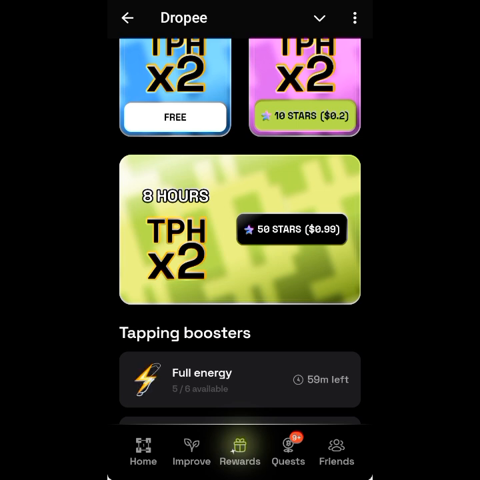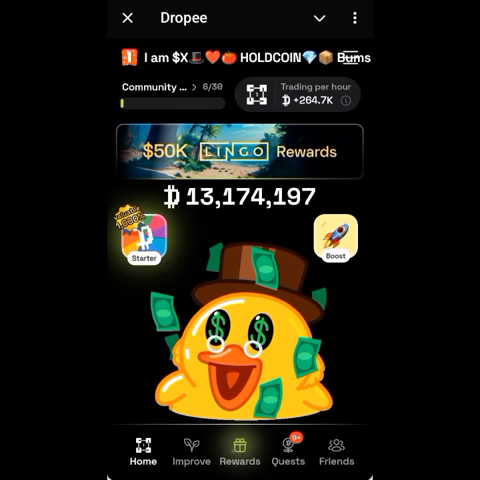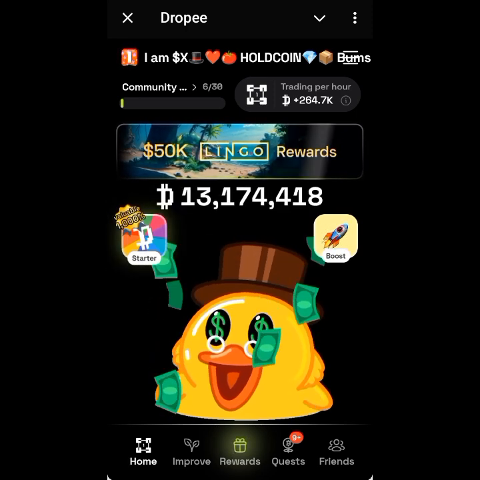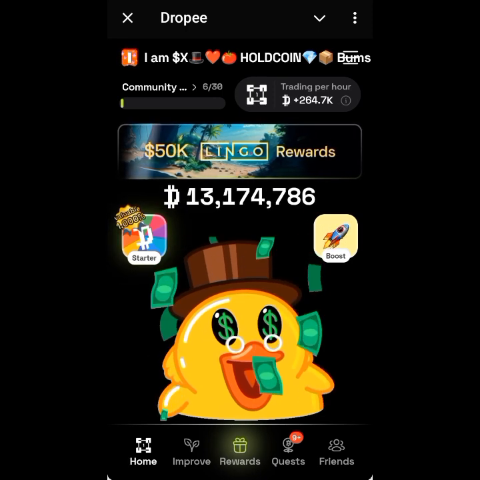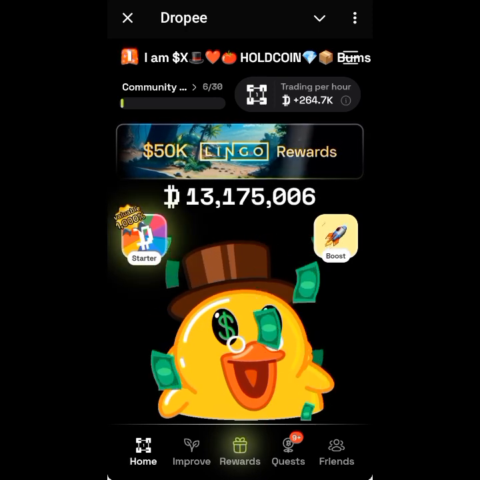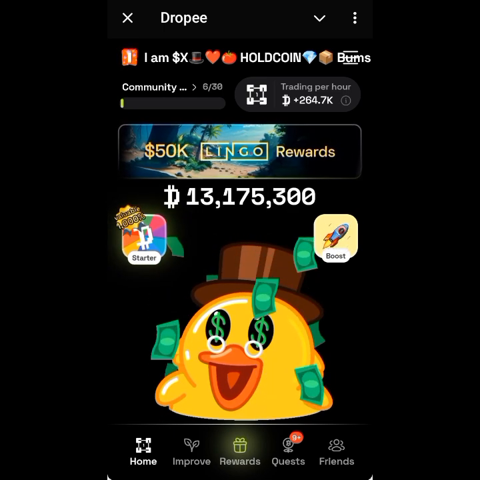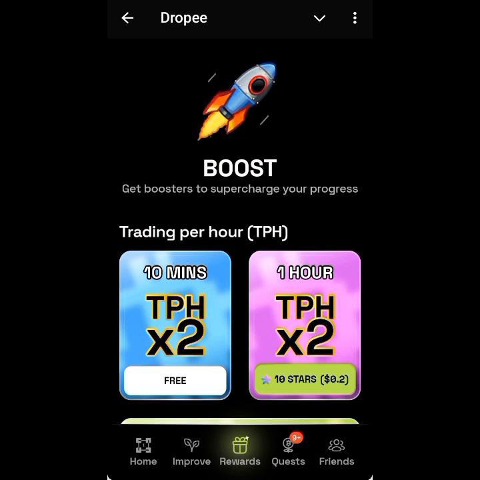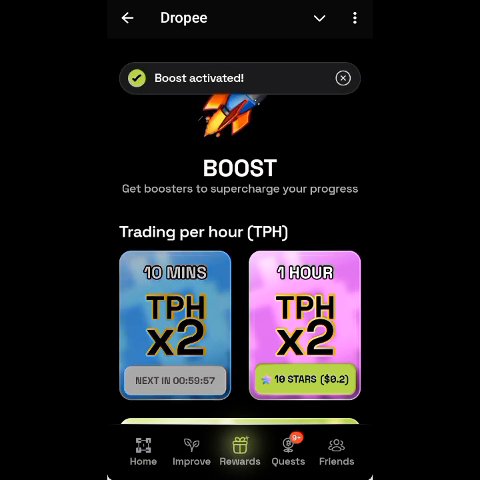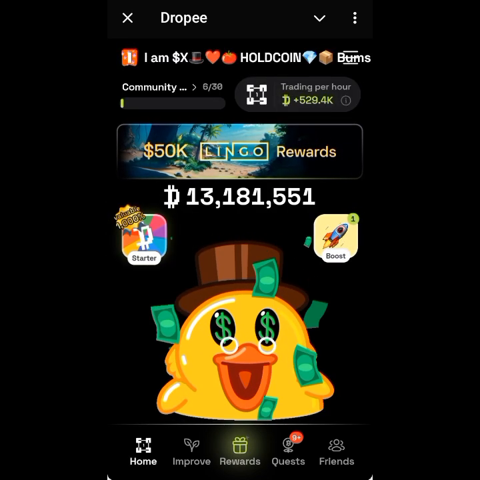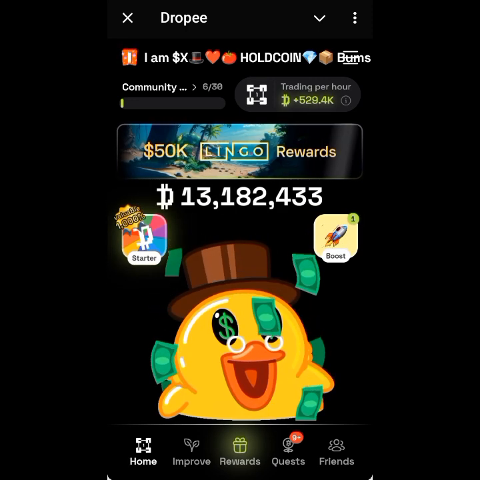Now, let me quickly explain something to you about the TPH. When you are offline, like now, the system works for you in the background. That's like your passive income on the app. So when you're offline, it will be working for me at 264.7K per hour. But if I go with this free 10 minutes and click on it to get it, so it's activated, and you come back here, you will see that it's now 529. It's multiplied by 2. So it means that if I'm away, it will be working for me at the rate of